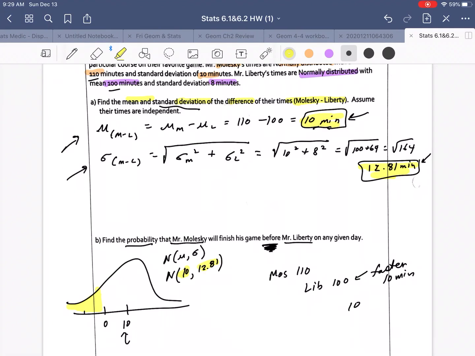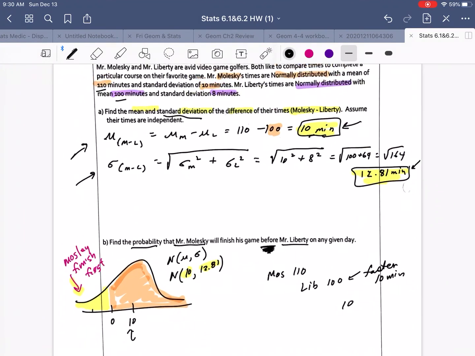This would be all the times where, it looks like, Liberty is typically faster by 10 minutes. So I'm highlighting the area where Mosley finishes first. And so it is possible for him to finish first. And the rest would be all the times where Liberty finishes first, and he should, because he typically is 10 minutes faster. All right, so